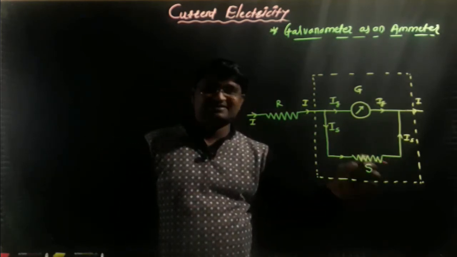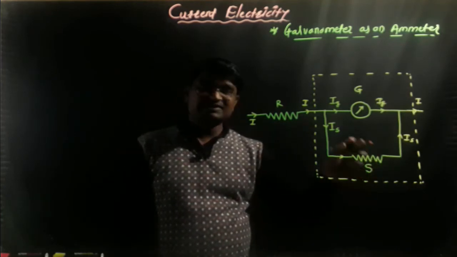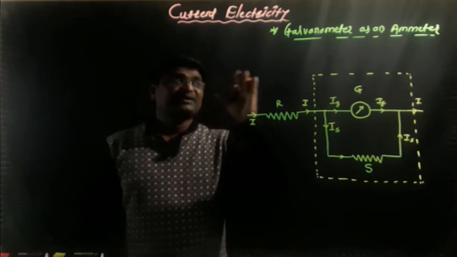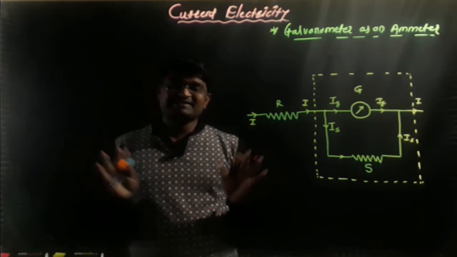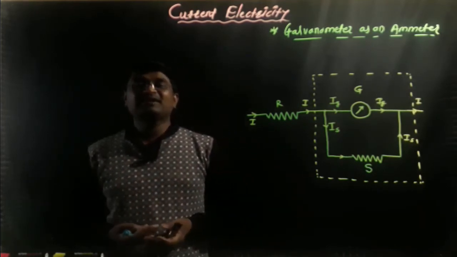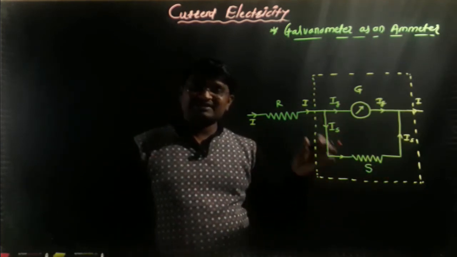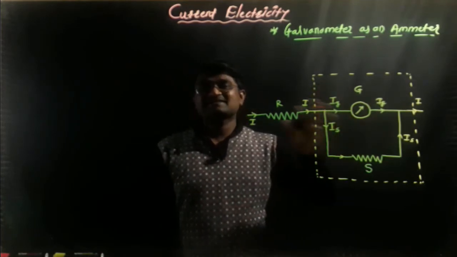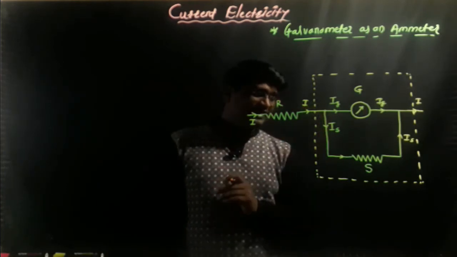When the shunt resistance, that is a low resistance, is connected in parallel with the moving coil galvanometer, the galvanometer works as an ammeter. It is a very easy and simple way. It is a very easy and simple technique for how the galvanometer works as an ammeter. Now simply, if the shunt resistance is connected in parallel with the moving coil galvanometer, the galvanometer works as an ammeter. You get it? Okay. So now let's see here.